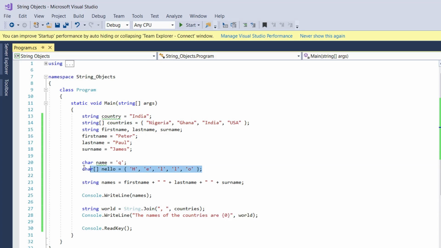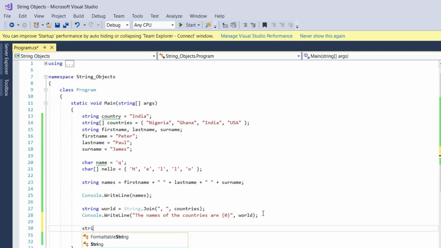Now the next thing I will need to do, in the case you want to print out the characters, the characters can be printed out the same way. Alright, now how do you do that? You are not going to use join here. Let's see how to print out the characters. Go ahead and give a string name, and let's say string. Have I used hello? I've not. So let's go ahead and use string